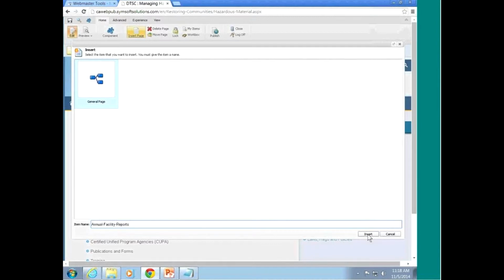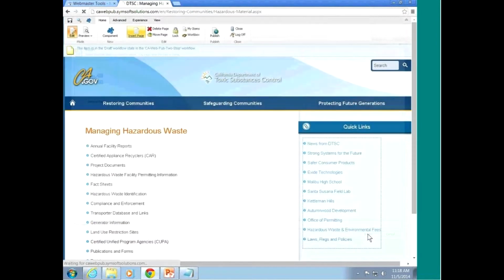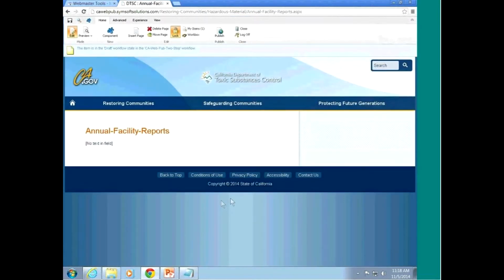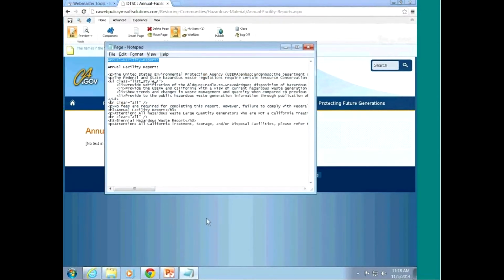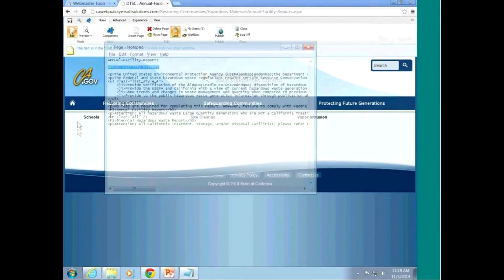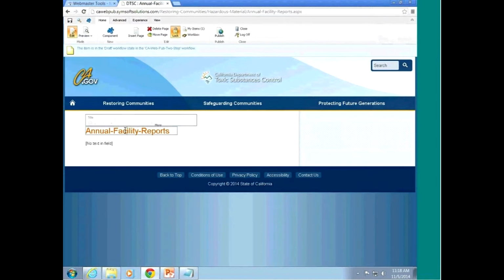These are the annual facility reports, the page that needs to be created on there. As you can see, when the new page is created, it's pretty simple here. No content in there. But the email does have all of the content that I need to add in there. So I'll copy the content here